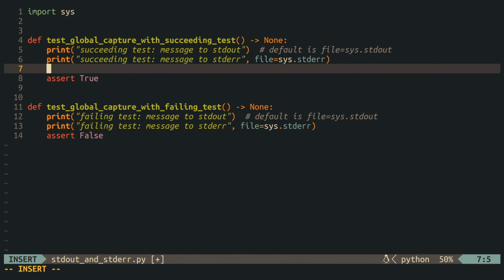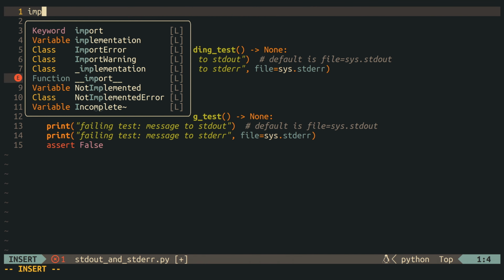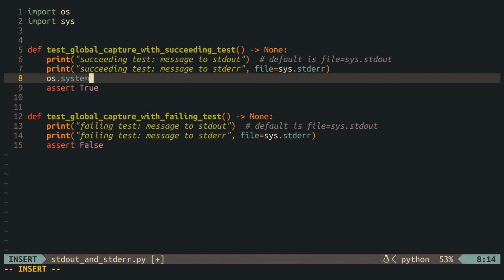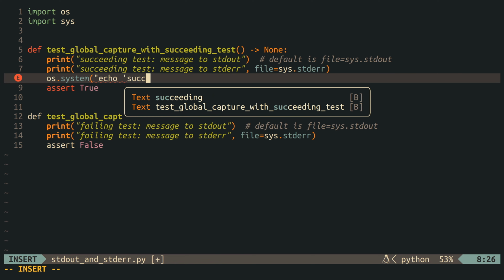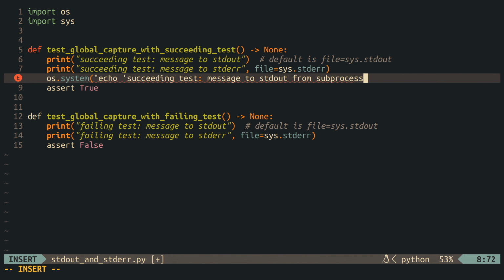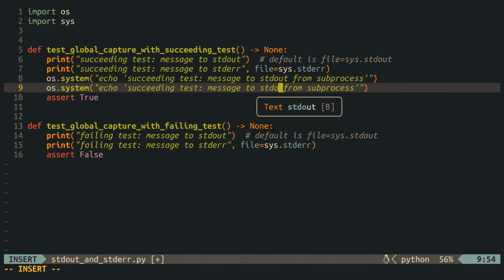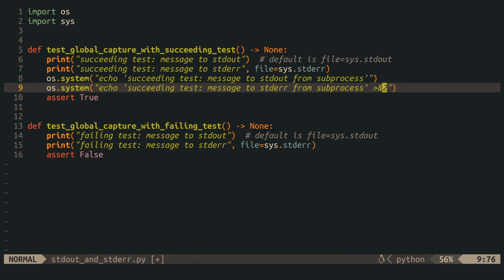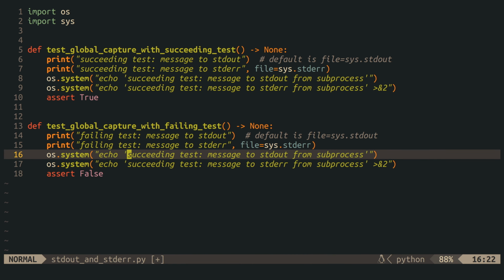And the easiest way to do this is the system function inside of the OS module. This function takes the string that it receives as an argument and executes it inside of a subshell. And this means that we can simply use the shell's built-in echo command to print something to stdout, and to print to stderr we can just redirect the output by appending greater than ampersand 2 to the command.